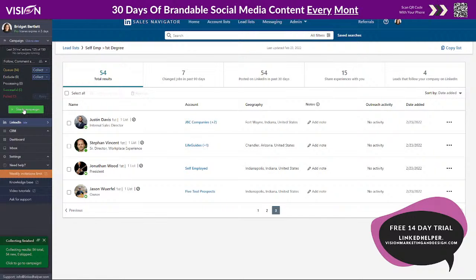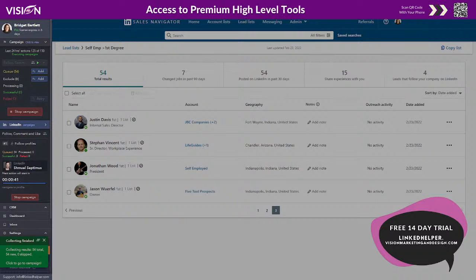So what I want to do now is start the campaign. I'm going to click here to start campaign. And now it's going to go to the very first contact. You see down here, it's saying queued 54 because that's how many contacts we had here. It hasn't processed any yet because remember, it wants to act like a real person. And it will honestly teach you a lot about LinkedIn if you sit here and watch how it does everything. It's really cool.